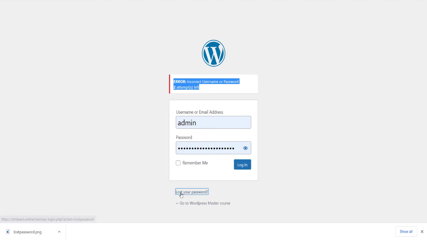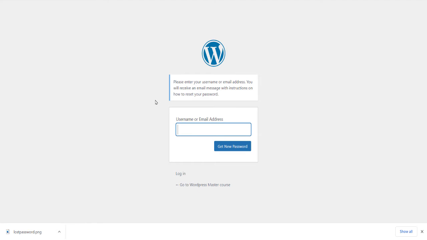Just click this, and you must remember that whenever you were installing WordPress, you entered an email ID, a registered email ID, and on that registered ID you must have received a welcome message from the WordPress site. Okay, so you just need to click here, and you can enter your username if you remember, but